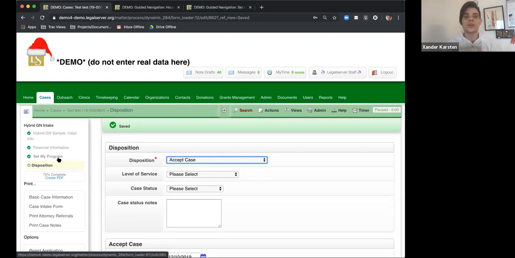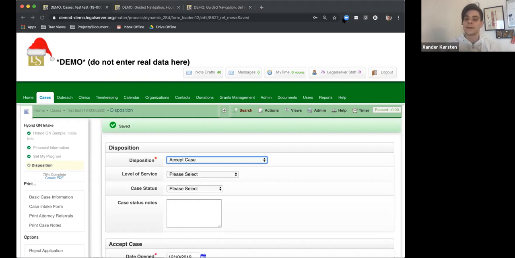Conceptually, you can create an entire intake that's literally just in guided navigation. So you could have your intake just be different segments of a specific